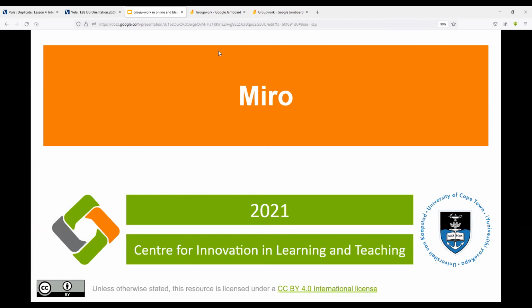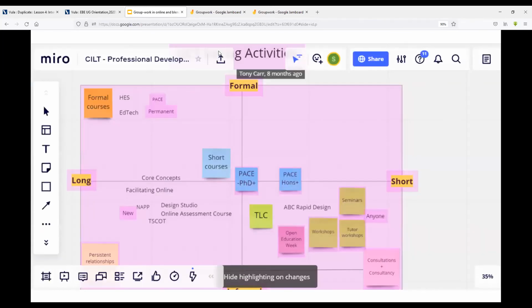So maybe just to point out that Miro is an excellent space and you can get a free educational license. It's a great space for people who are doing design teamwork. And it has a lot of functionality in a kind of infinite board, which is nice if you're trying to gather things in one place.